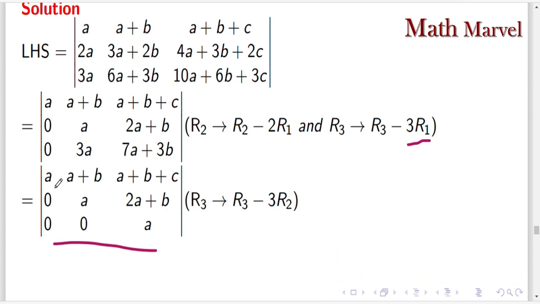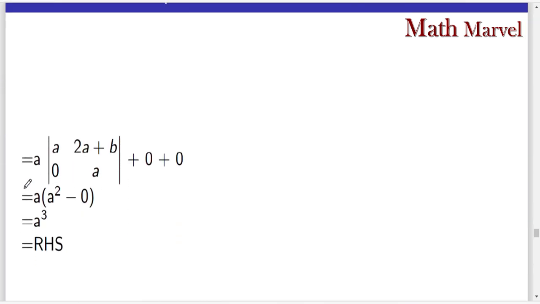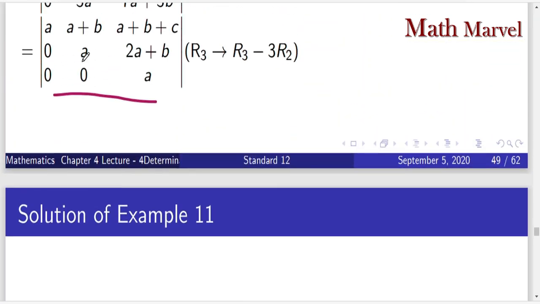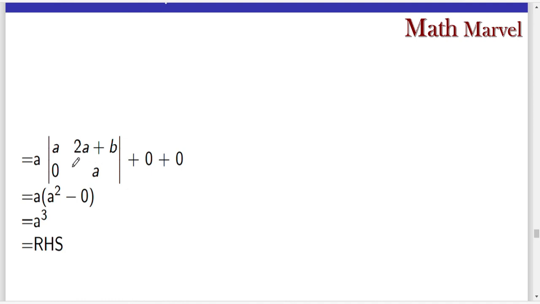So in the next step we have to write A as it is, and then we have to take this 2 by 2 determinant. So we have A, 2A plus B, 0 and A. So right here, now evaluate this 2 by 2 determinant. So we have the value A squared minus 0. This A we put as it is, here A squared minus 0 multiplied by 2A plus B, so it becomes 0. Okay, so here what we have, A squared into A, that is A raised to 3. So this one is nothing but my right hand side.